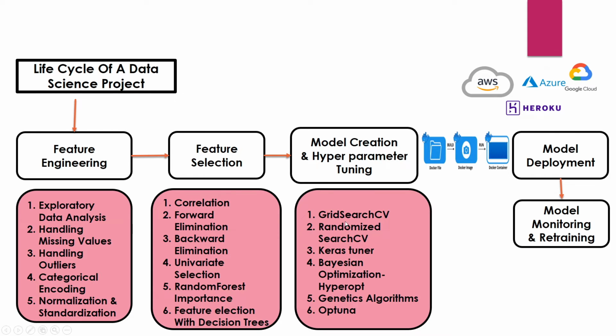Then we have the model deployment process. This is called Dockerization, guys. By using Docker and Kubernetes, we make the model deployable and scalable. So that is specifically required for model deployment. What are the different platforms we usually use to deploy the model? We basically use AWS, Heroku, Azure, Google Cloud Platform. So these are the various platforms that we use.